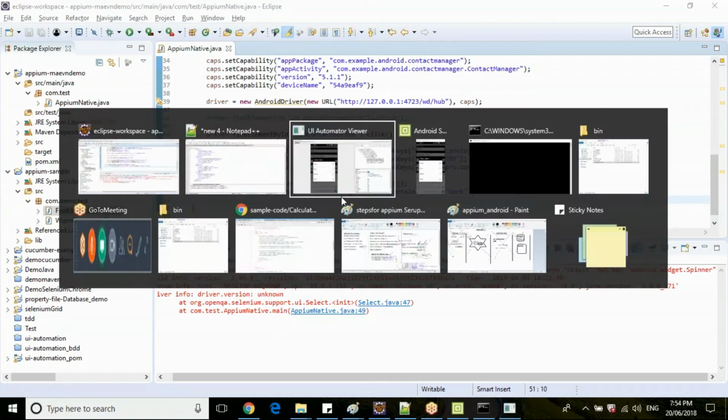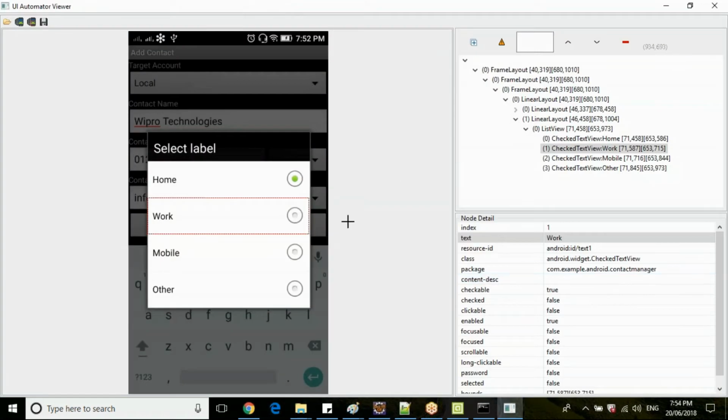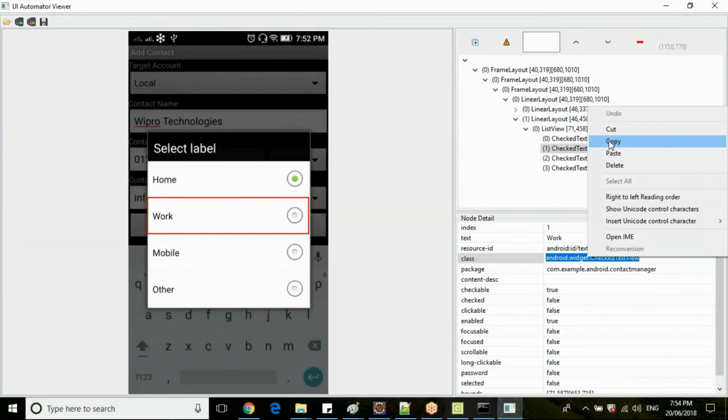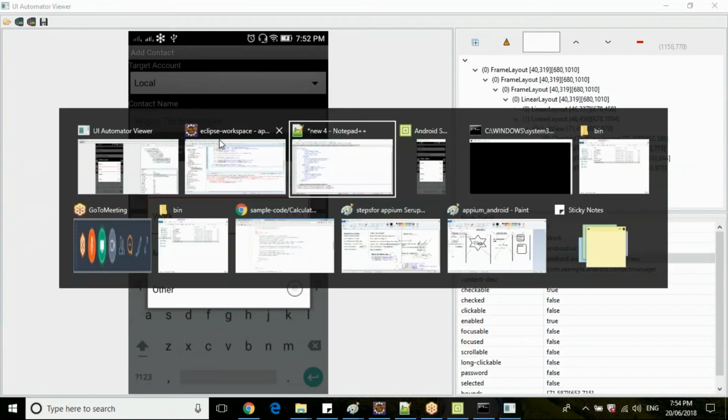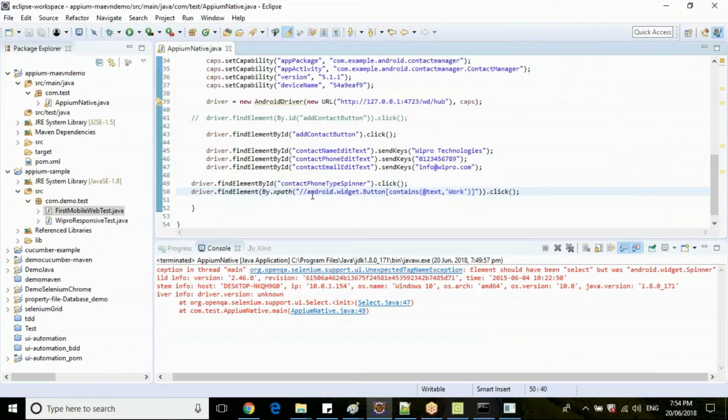And let's check what is the class here. For these classes, check text view class. I will tell you this, guys. Let me paste this code now.